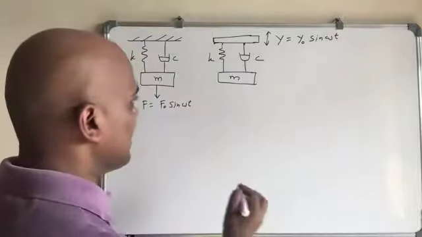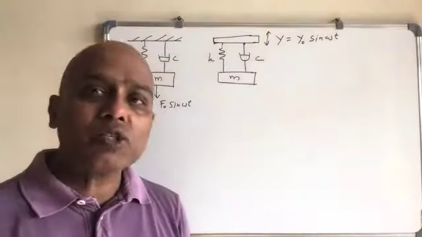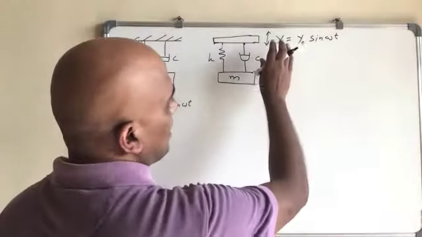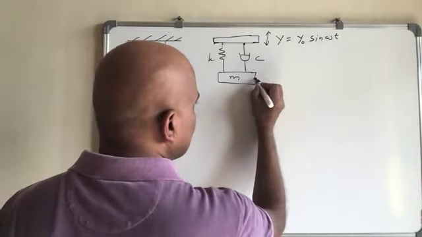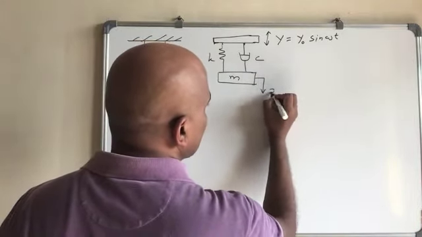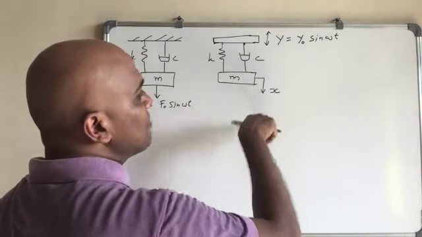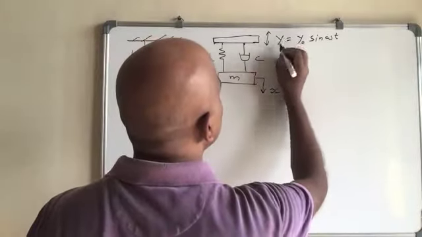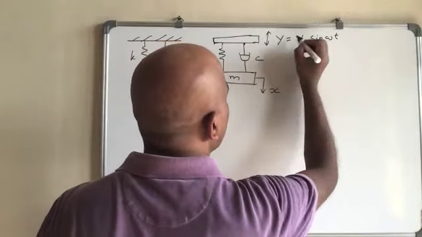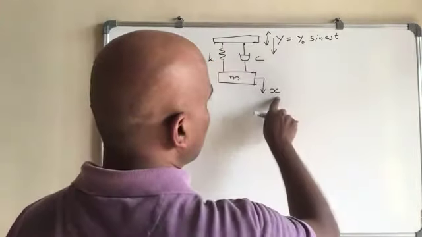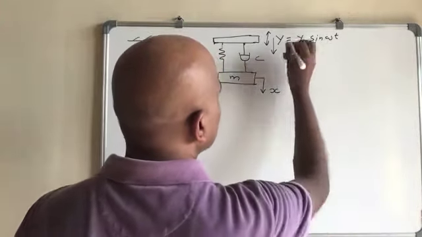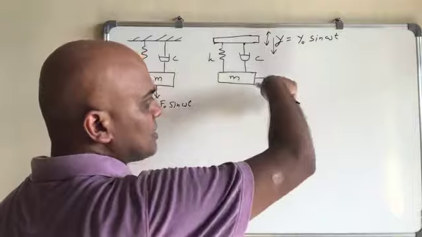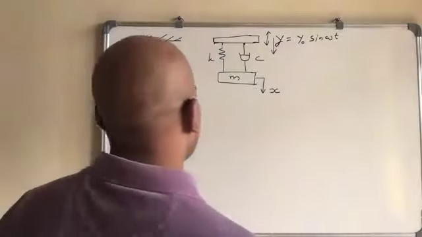If that is the case, then you should be able to write the equation first, right? So now, as we said earlier, we still assume x is downward positive. In this case we can say y is positive downward. Here x is this, and this is y, small y, let's write it. So x is also positive downward.